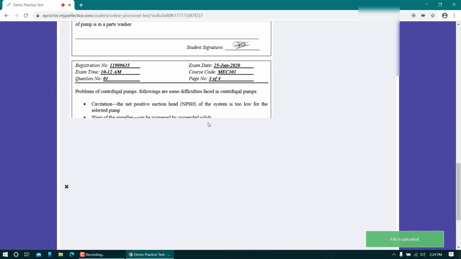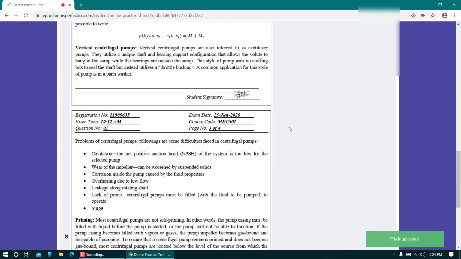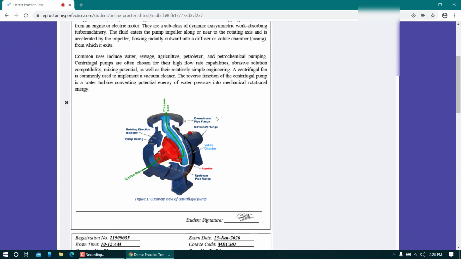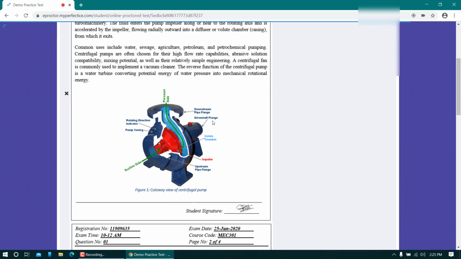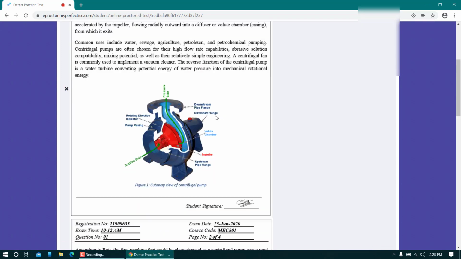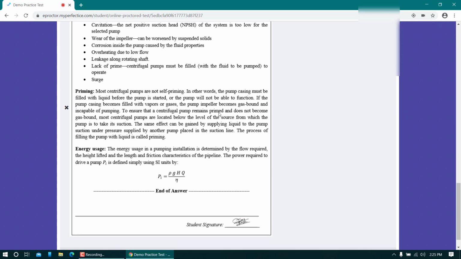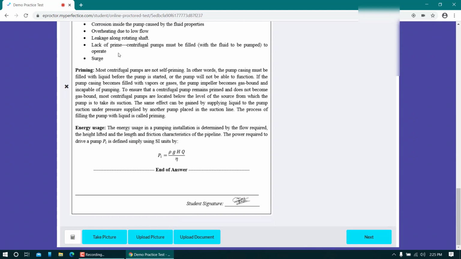And you can see third page is also applicable. So you can see I have followed the order. The very first page has been uploaded first, second page at the second order, and third page the third time. Okay, and once I'm done writing my answer, I need to include this in the answer so that evaluator can understand that this is the last point till where you have mentioned your answer.